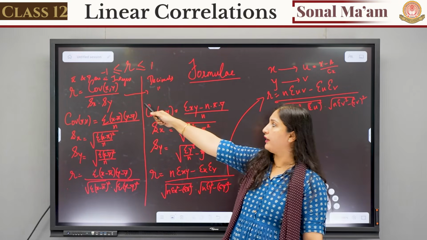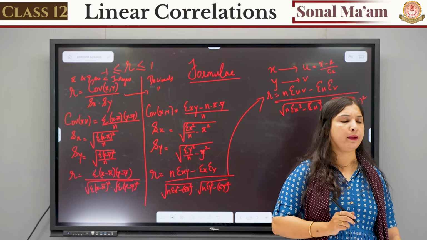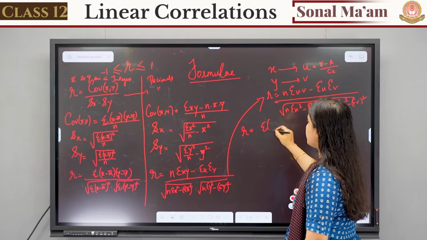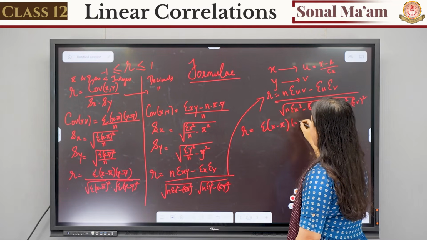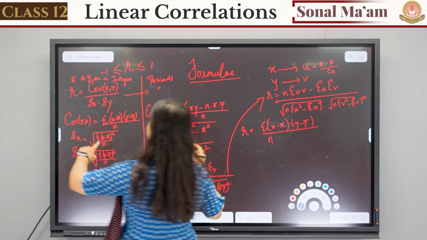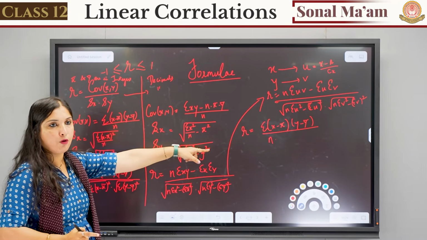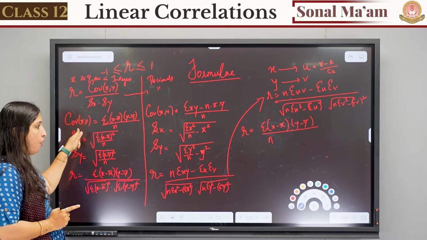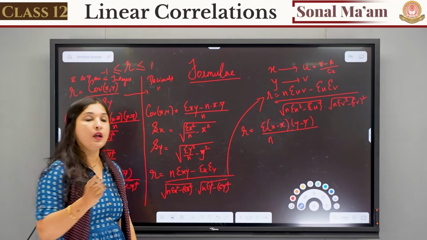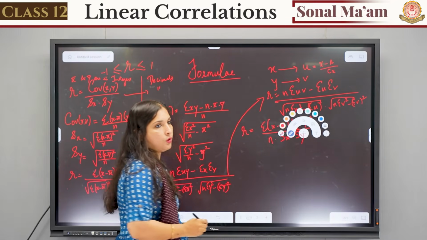Can you see here the covariance formula is summation x minus x bar into y minus y bar divided by n. Okay, in that formula, if I want to write R, can I write summation x minus x bar, y minus y bar, n is already there, right? Into, this is R and this is covariance. This is the same formula written over there. But here we have covariance, and if we have to find R, we have to multiply it by what? Sx and Sy. So here Sx will also come and Sy will also come.